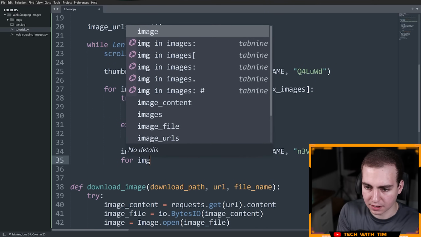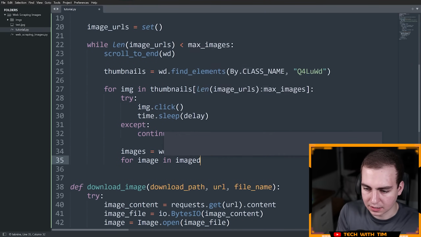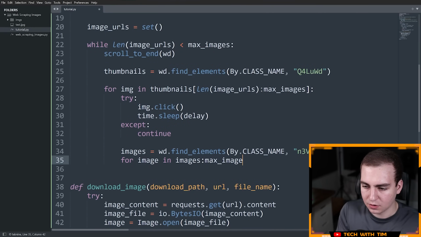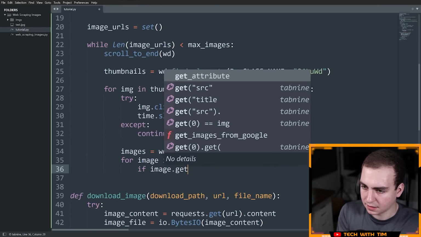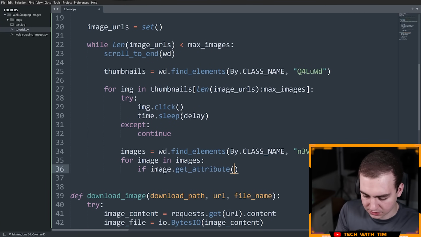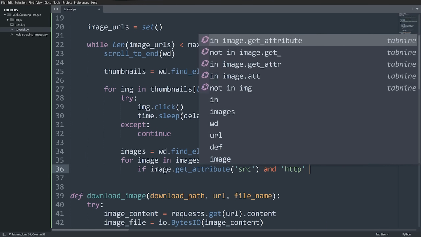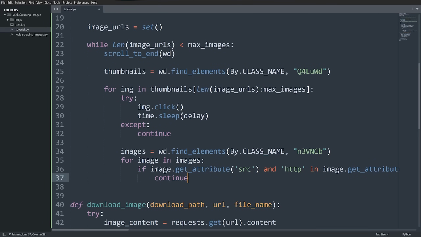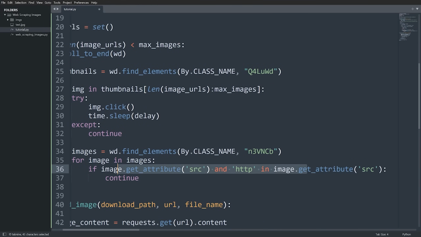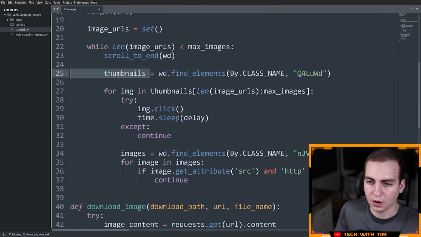So I'm just going to say for img or for image in images like that. Then what I will do is I will check the attributes of this image to see if it has a source tag. So I'm just going to say if image.get_attribute, and this will be src. Again, the source of the image that we're looking for. So if it does have that attribute, and we will say http, and this is going to just be http, is in image.get_attribute src,